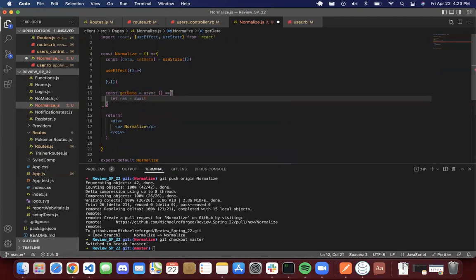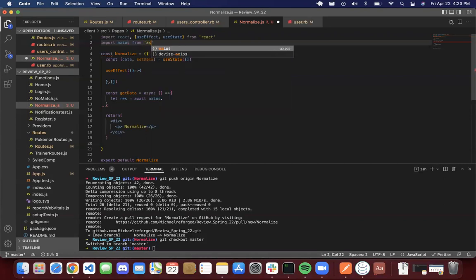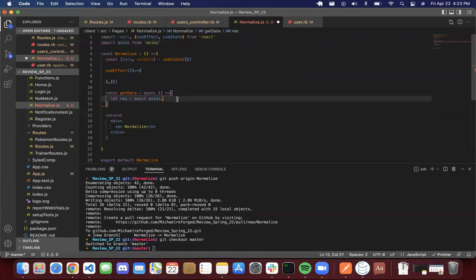Await, and then axios. It does not want to import today. Import axios from axios. axios.get. Then our path is /api/